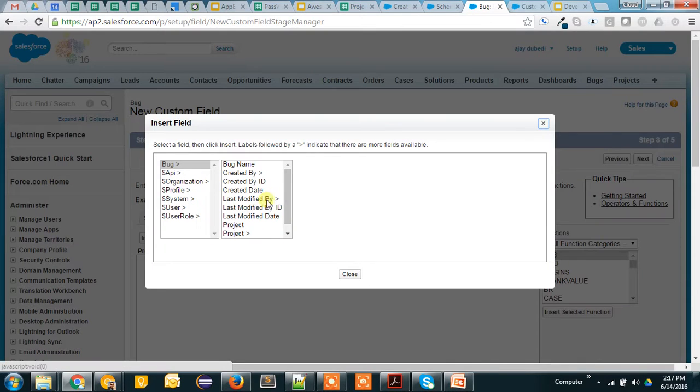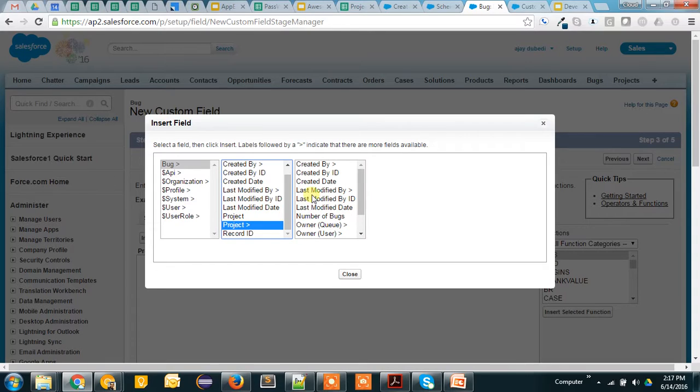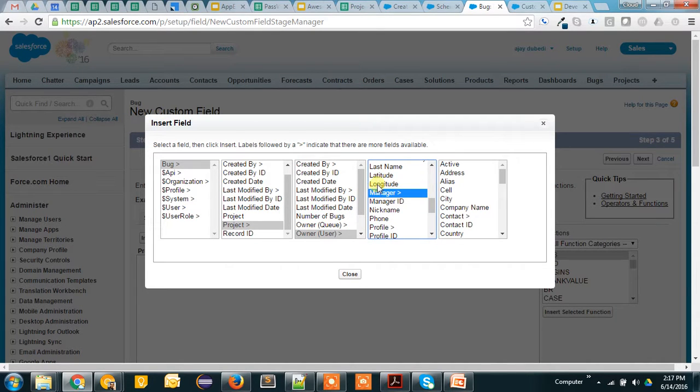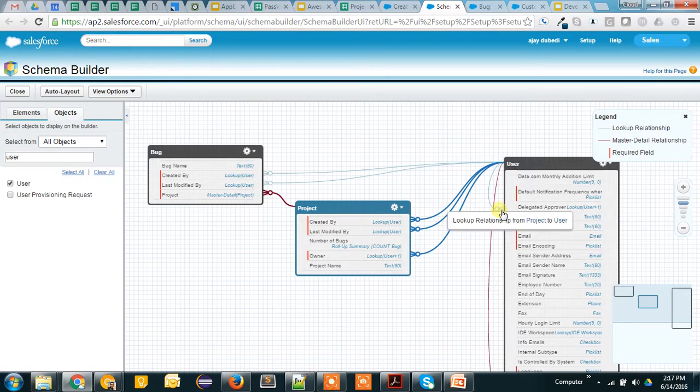I'll click on insert field, and you can see it gives me a pretty well defined hierarchy. This is a very useful way to access all the related lookups or the master detail parent chains. You can see I've clicked on bug, and then on the project parent, and on the project I clicked on created by, or let me use owner, and under owner I have manager. Again, this is a self lookup as I explained in the schema diagram. So user to user, okay,